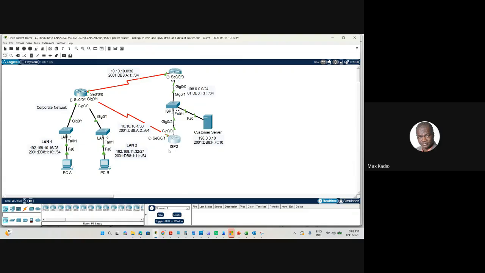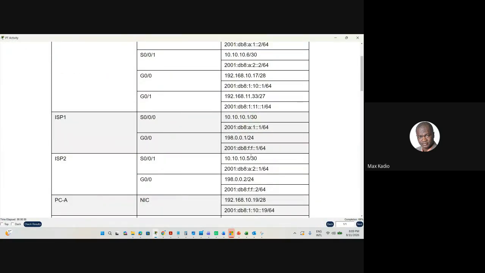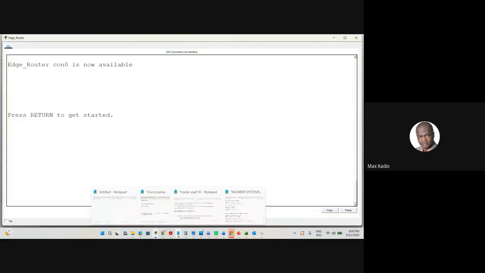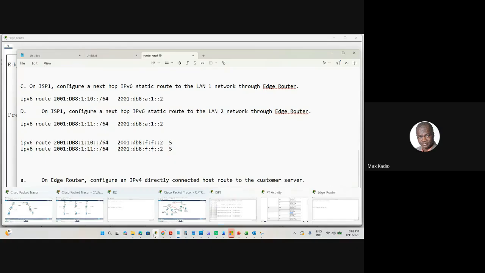So I go to ISP2, and this is the IP address, ISP2. Oh, sorry. ISP2. I put here via ISP2, and because it's a backup, I add 5 at the end. So I'm going to copy. And then